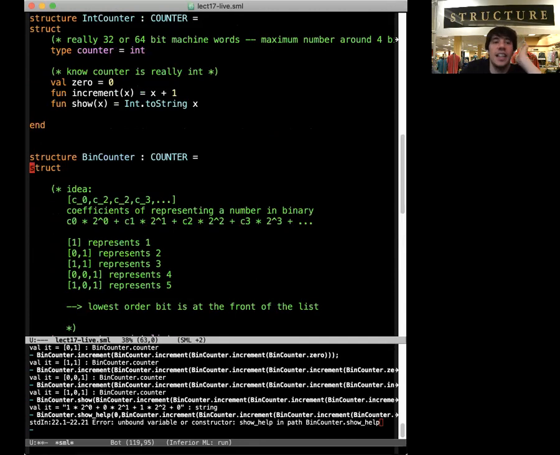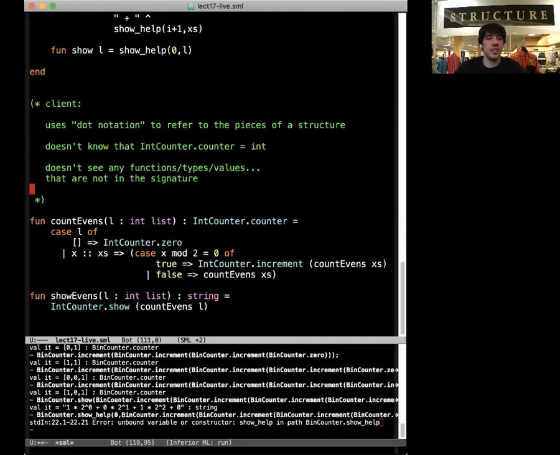Okay, and so that's an example of how that works. And then as an example of client evolution, changing the client without changing the implementation, because we've said that our count evens works for any counter implementation by only referring to the things that are in the counter signature here, we can